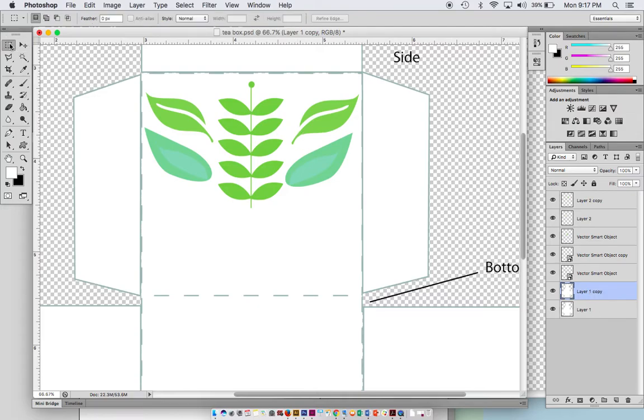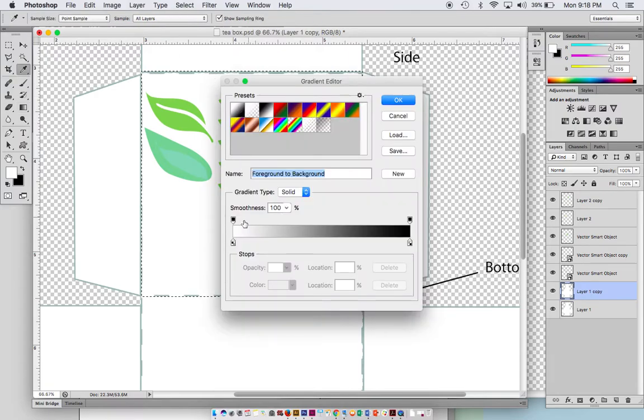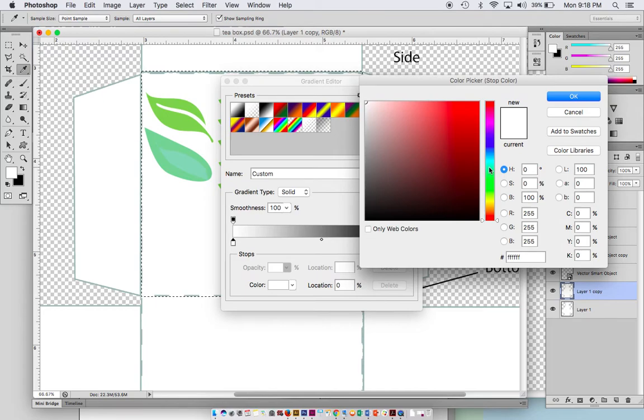I usually just decide on, especially if they're shapes that are simple like a square, I just select that area. So I didn't quite get a good selection there. Use your square selection tool, select an area, and then you can use your paint bucket fill or your gradient fill, or any other method really to fill in the space. So I'm going to do a soft gradient here, sort of a minty green to another minty green, just to get a nice